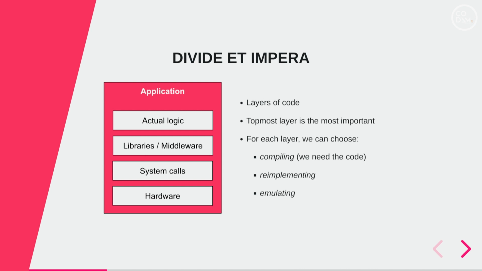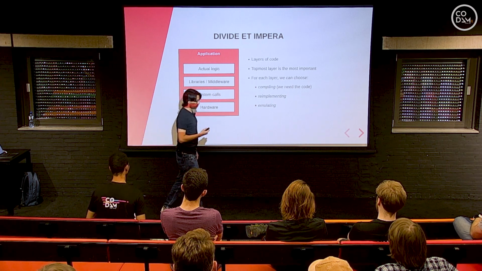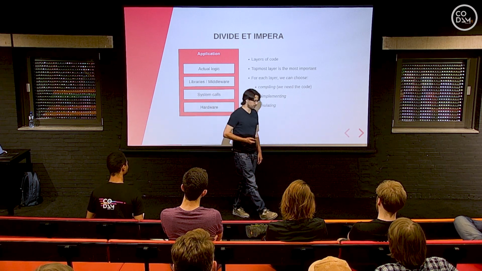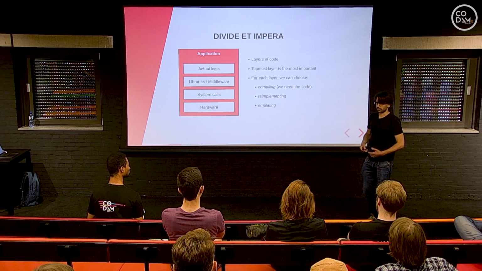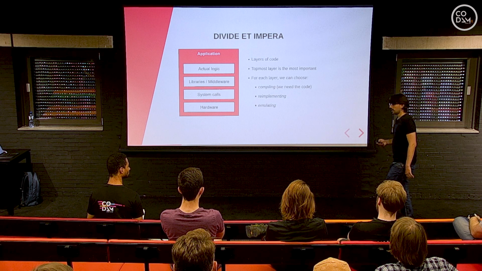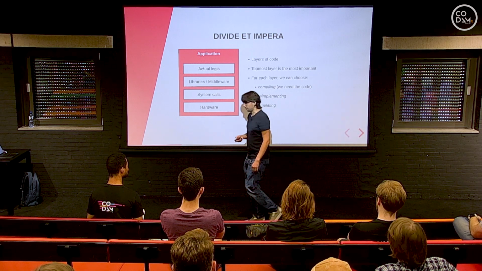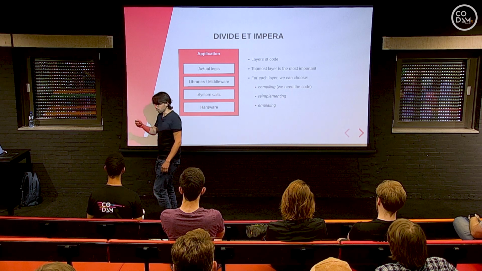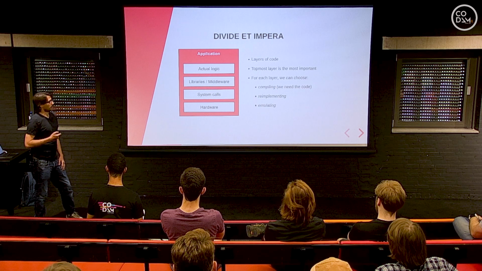So let's say that, for example, you have a painting application, you have Photoshop. What you care about is the logic for the brushes, for the float fill, for filtering, these sort of things. If instead you're doing a word processor, you care about justification, spell checking, whatever. It's a completely different set of things, but it's what in the end matters to the user. But all these applications are eventually built using existing libraries or frameworks, and usually below these libraries or frameworks, there is the operating system itself, and below there is the hardware.